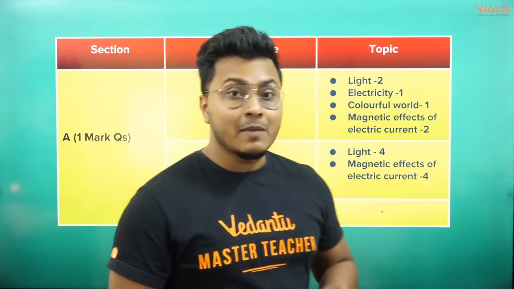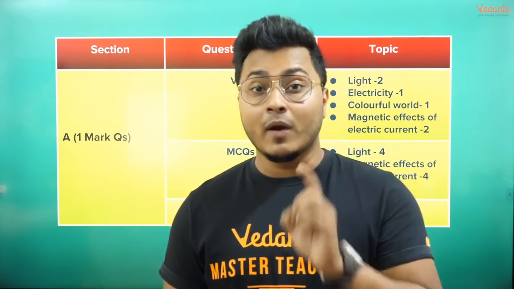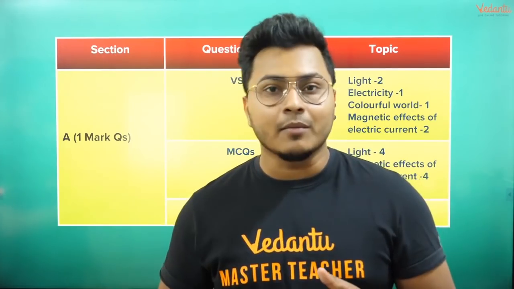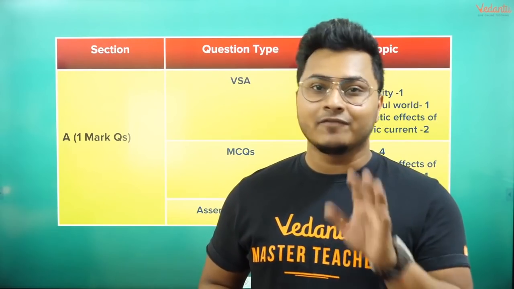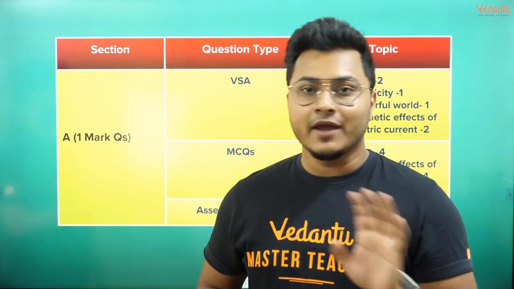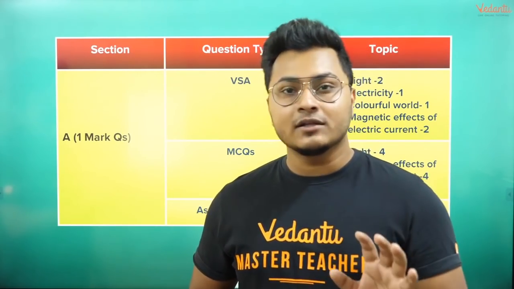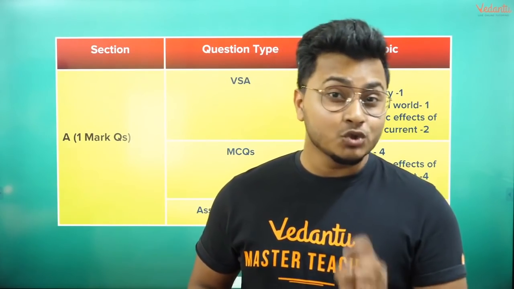Then comes magnetic effects. Magnetic effects is a very crucial chapter when it comes to 1 mark, because it is a bit complicated here. The only way to get through this is to read the chapter very carefully in NCERT. Watch the YouTube sessions which we have done till now. Then you will not lose any 1 marks at all from that particular chapter. But reading is super important.